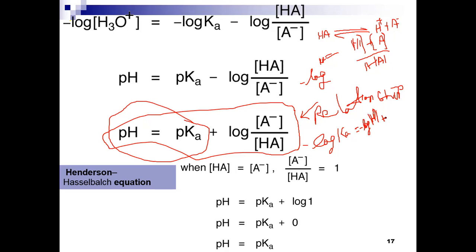plus minus log A negative concentration over HA. This value is equal to the pKa. This value is equal to the pH. So pKa becomes equal to the pH plus, and this plus, after multiplying with the minus, will become the minus